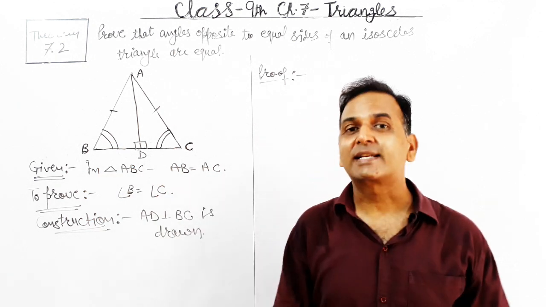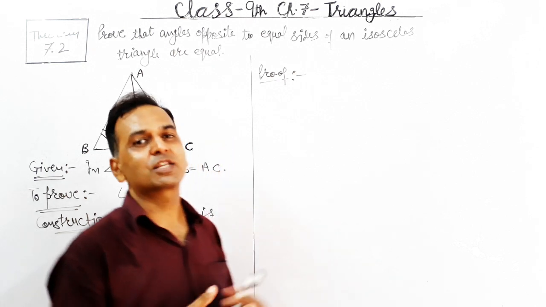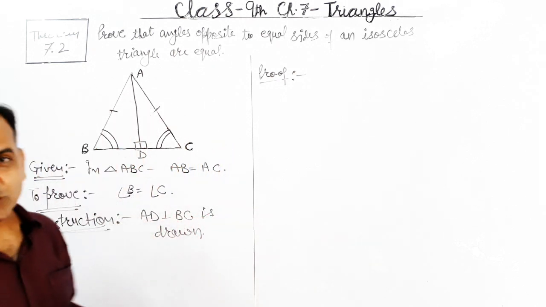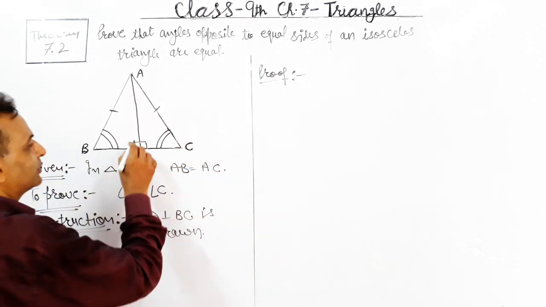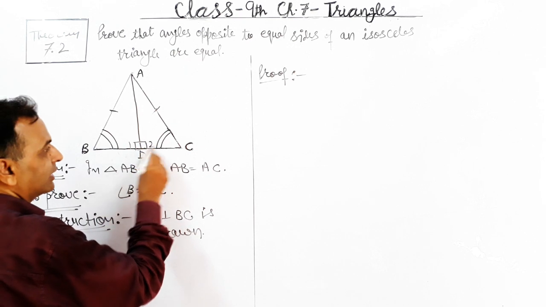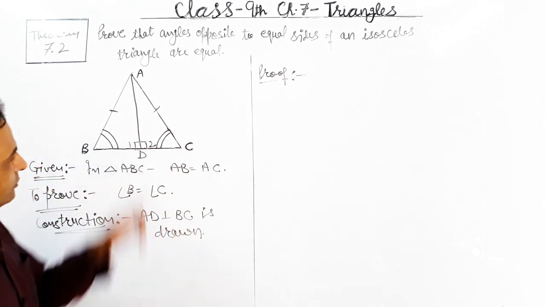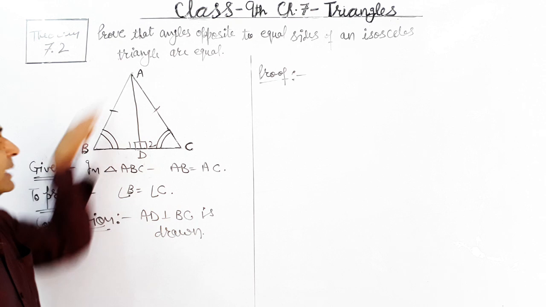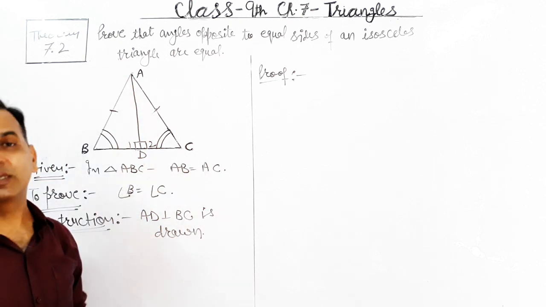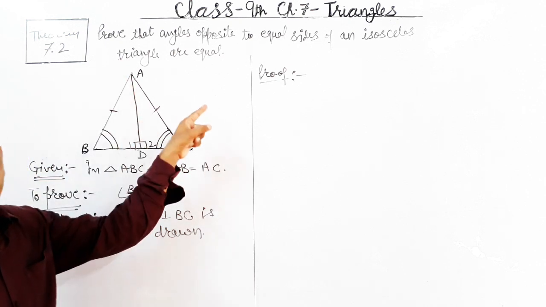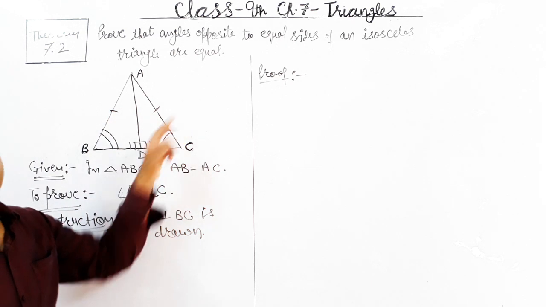Then which steps, which sides or which angles can we use for proving these two triangles congruent? Let us check from the figure. Suppose this is angle 1 and this is angle 2. In these two triangles, AB and AC are given equal to each other according to the statement. AB and AC, they are equal.